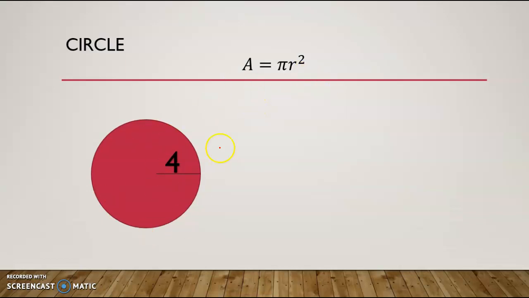Same circle as before. It's got the radius of 4. So if I use my formula, my area is pi times 4 squared. So then I'm going to evaluate 4 squared, and I get 16 pi. Okay, we can leave it like that if it asks us to, or I can put it in my calculator, and I get